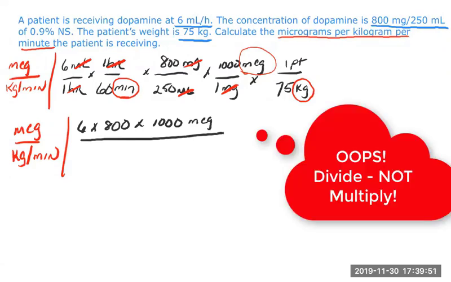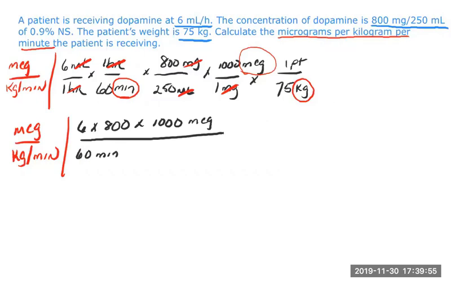And we're going to multiply that times 60 minutes times 250 times 75 kilograms, which is going to give us